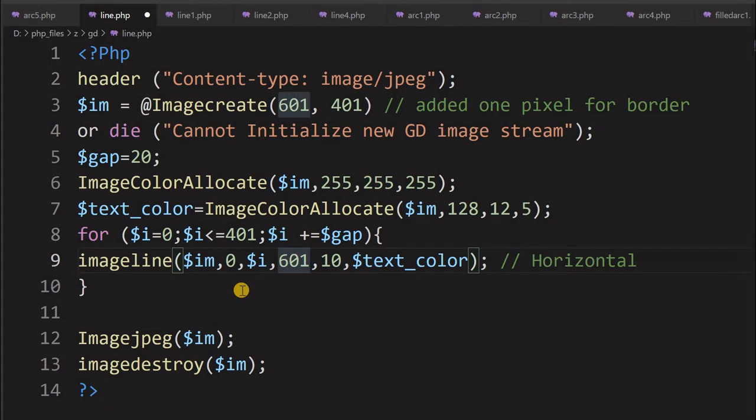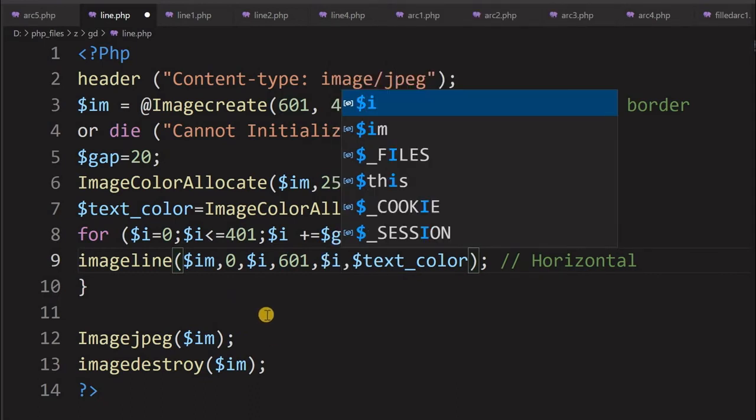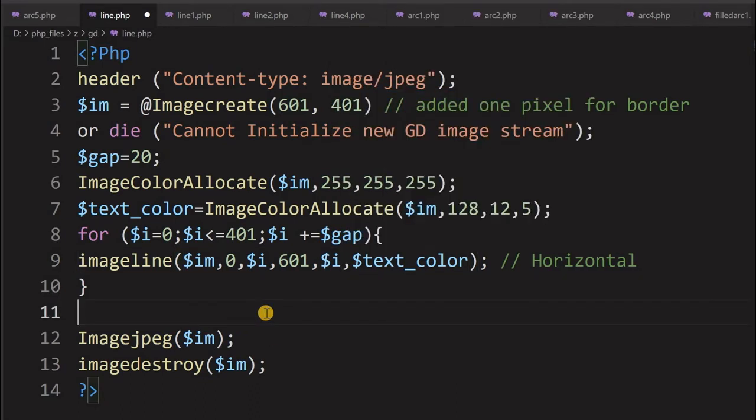So x will be ending at 601, and y will be increasing, the y value will be $i. Let's see how this looks. Now every time it will increment. Okay, fine. Let's see now. Come here, I am refreshing. Yeah, you can see all the horizontal lines have come. The first line starts at the top and the last line is there, because both are included. So you can see this.